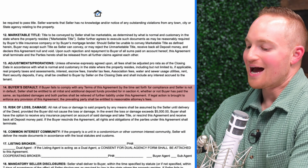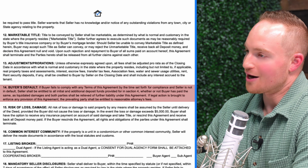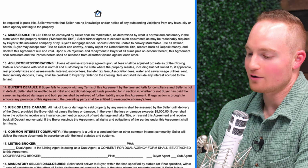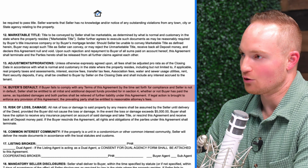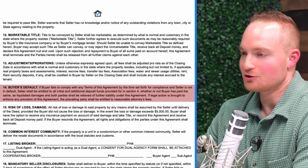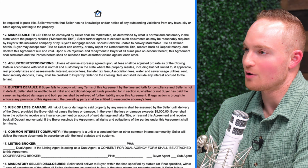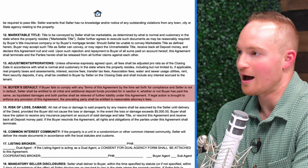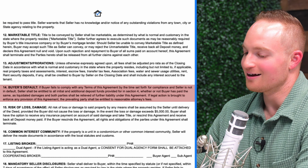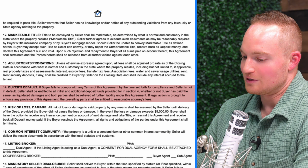So 14 is buyer's default. So paragraph 14 in our wholesale contract is buyer's default. This is super important for everyone to really understand, no matter what contract you're using to wholesale. You need to understand what happens if you don't perform on the wholesale contract, right? What if you enter the contract and you just walk away and go to Hawaii and just forget about it, right? There are consequences, and this is what it talks about here. So basically it just says that